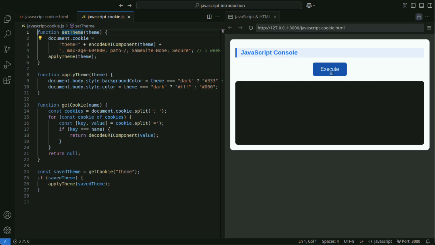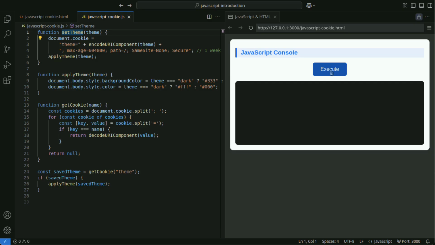Be aware of the following points when using cookies. Size limitations. The size of a single cookie is limited to about 4 kilobytes. Limit on the number of cookies that can be saved. Depending on the browser, you can only save about 20 to 50 per domain. Security precautions. The content of cookies is basically saved in plain text, so it is not suitable for storing confidential information such as passwords.